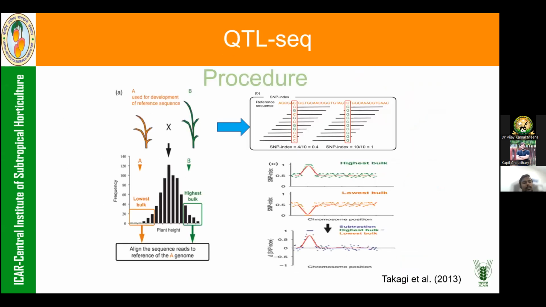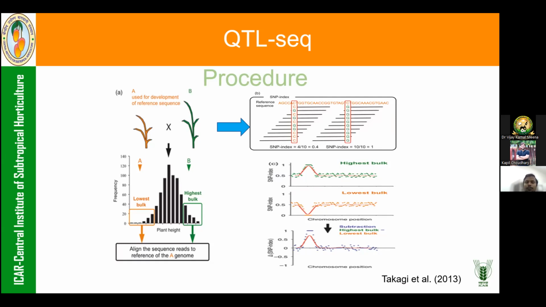Based on this bulk segregant analysis, one technique, QTL-seq, came into being by Takagi et al. in 2013. Bulk segregant analysis was proposed for qualitative traits, like Michelmore reported for downy mildew resistance in lettuce. So it was thought whether we can utilize this technique for mapping QTLs. Earlier the marker systems were not that robust, and the limitation of marker numbers was very prominent. With the advent of sequencing and genotyping platforms, it became easy in crops